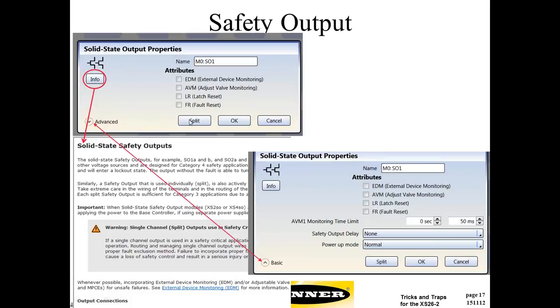I also have the ability to split the outputs from a dual channel to a single channel. This is the transistor version only. Each one of those channels will still have a dual transistor redundancy, so that if you split those, you may still use that single channel output as a category 3 PLD, as long as you can exclude wire short to